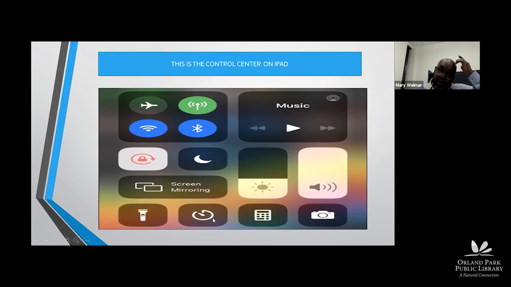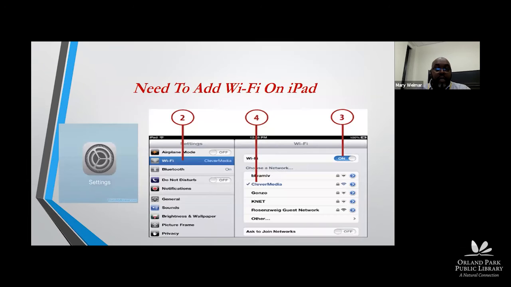You have a timer on it. You have a calculator on it where you can pull up your calculator, and then you have pictures if you want. So your main control center on the iPad, usually for all of your different functions, if you wanted to get to them real fast, you can go through the control center. And next we have